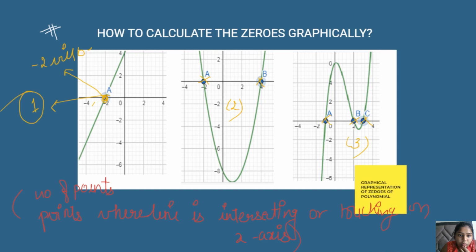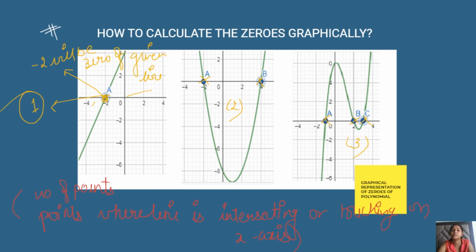Basically, you can also find how many zeros there are by knowing how many points are touching the x-axis. You can also calculate the zero of a given line by knowing at which point it intersects the x-axis; that particular value on the x-axis will be considered the zero of that line. Am I right? Okay, let's move forward.